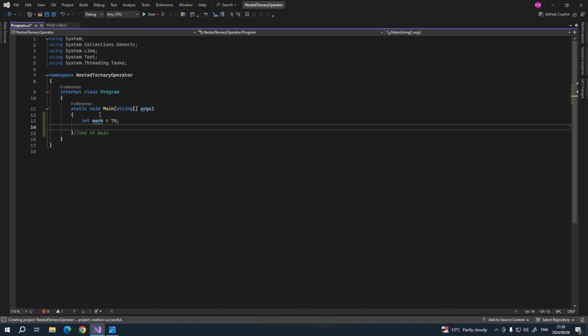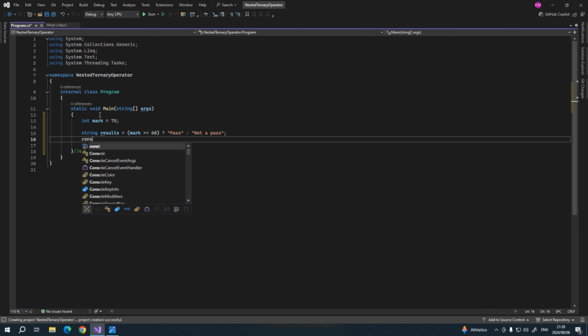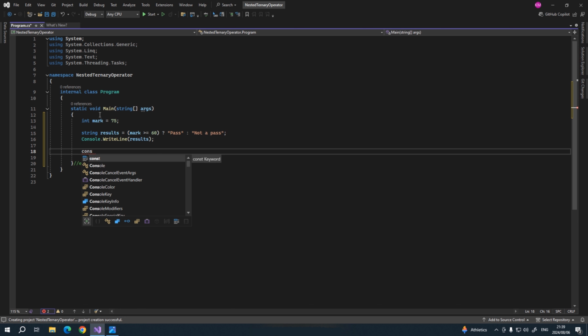So what you do is you have something like this. Let's say string result is equal to, so you say if your mark is greater than or equal to 60, because your pass mark is 60, then you know that this is a pass, or, I don't want to say fail, let me just say not pass. Fail sounds very wrong. Not a pass. Let's just go and Console.WriteLine that, then say result,